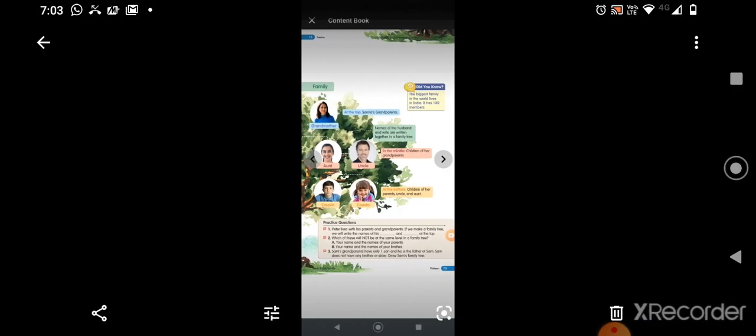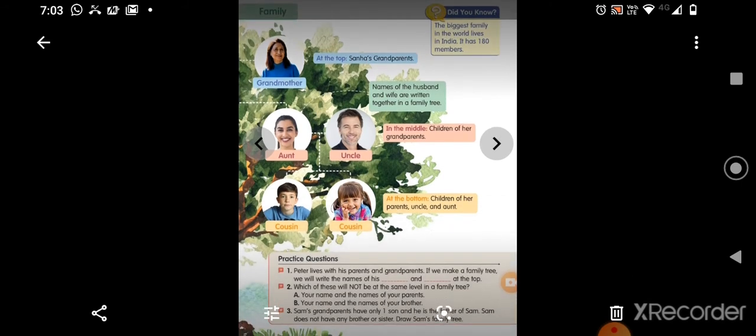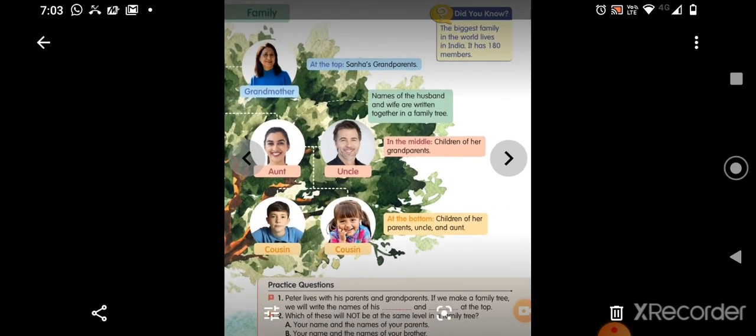So now you can see another picture here, children. See here at the bottom, grandmother, complete Sanha's family tree, on the other side of your textbook. You see uncle, aunt also there in the middle, and also the aunt's and uncle's children, cousins. So that is one way we saw previously, and this is another way of representing your